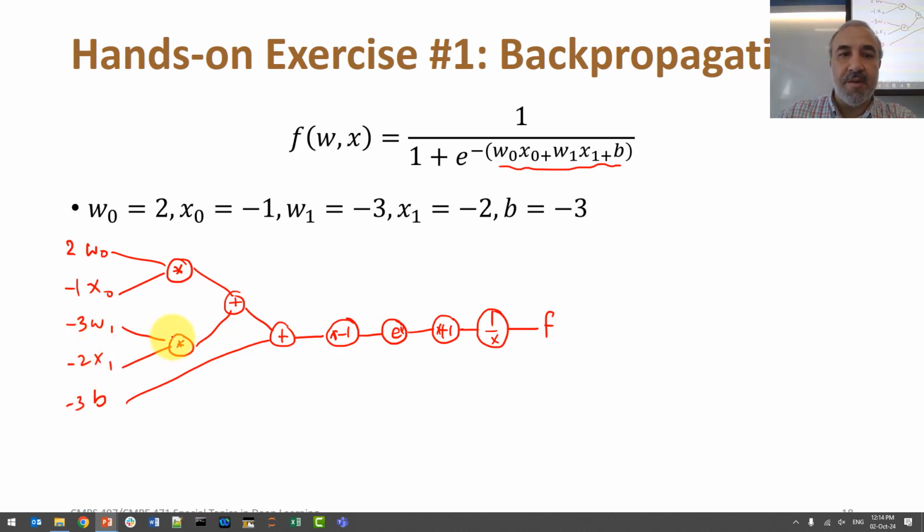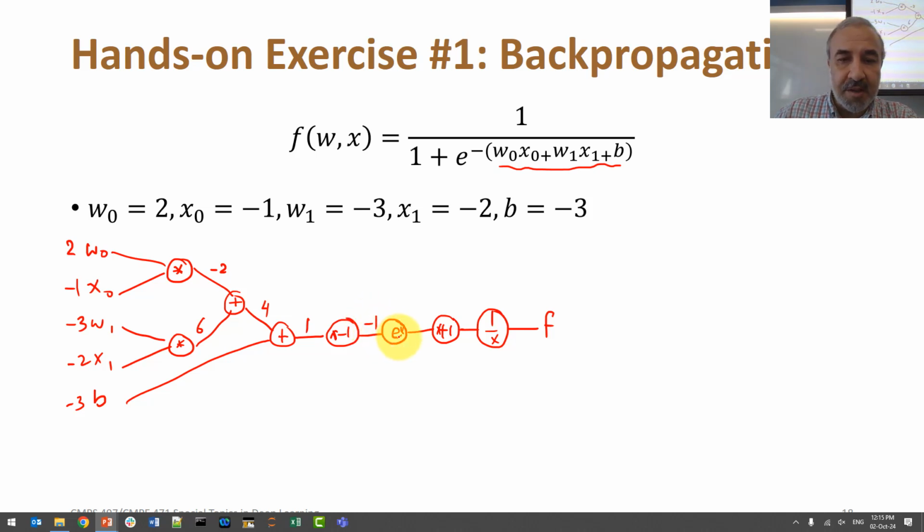These are the values that we are given, and then we do these operations. So 2 times -1 is -2, and -3 times -2 is 6, and then this added together is 4. 4 plus -3 is 1. 1 times -1,